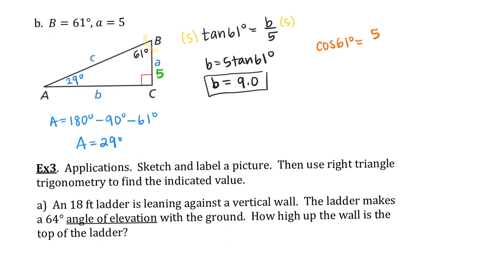Cosine equals adjacent over hypotenuse. Oh, it's that weird upside down one. Let me times by C, even though it looks weird. C times the cosine of 61 degrees equals 5. Divide by cosine 61 degrees. So C equals 5 divided by the cosine of 61 degrees, which is